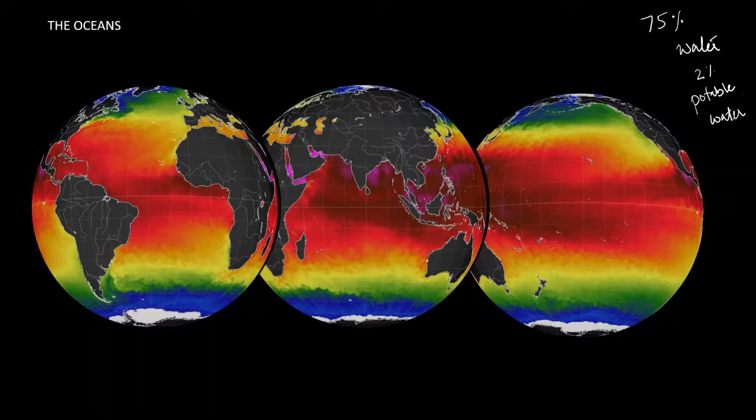The 98% of the total water content on the earth is locked up in the mighty oceans. There are five oceans together, but the major ocean bodies are three,